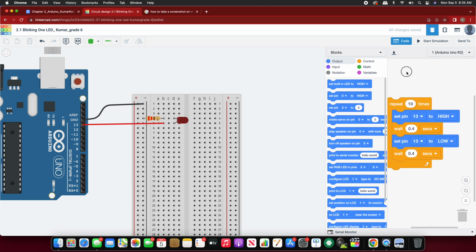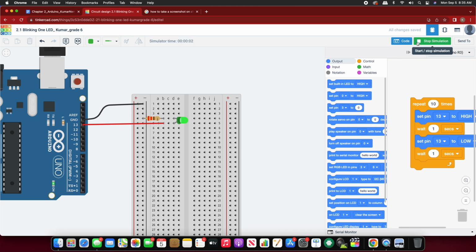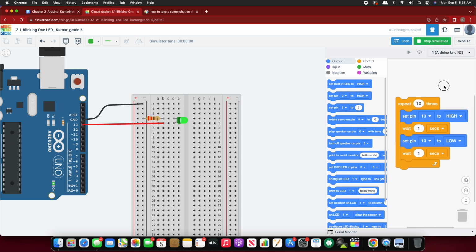Let's say I change the time of this to 1 second, and I change here to 1 second, and maybe change the color from red to let's say green, and I start the simulation. You will see that the speed has been changed, and it is high for 1 second, and it is low for 1 second. That means it is on for 1 second and it is off for 1 second. But my question is,